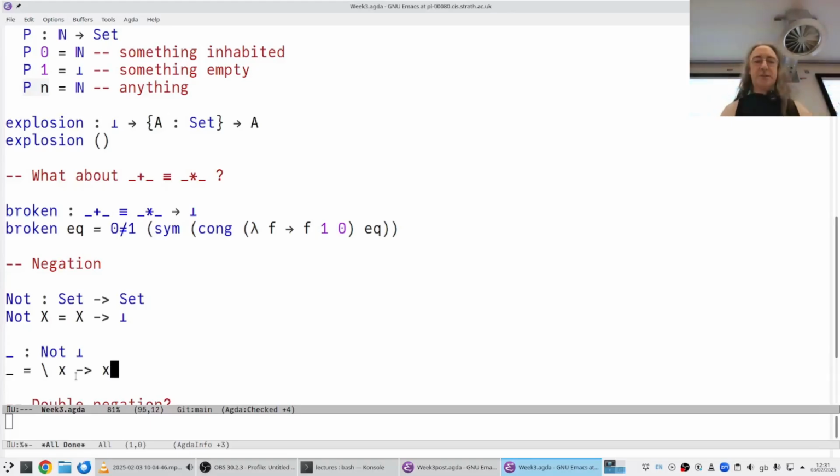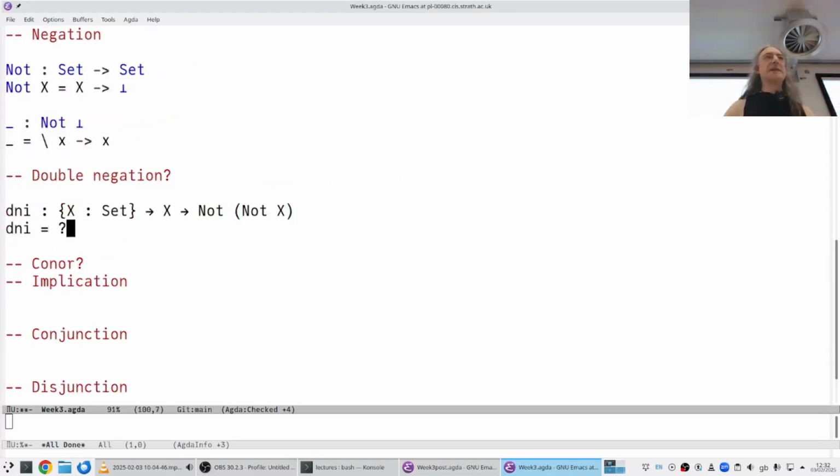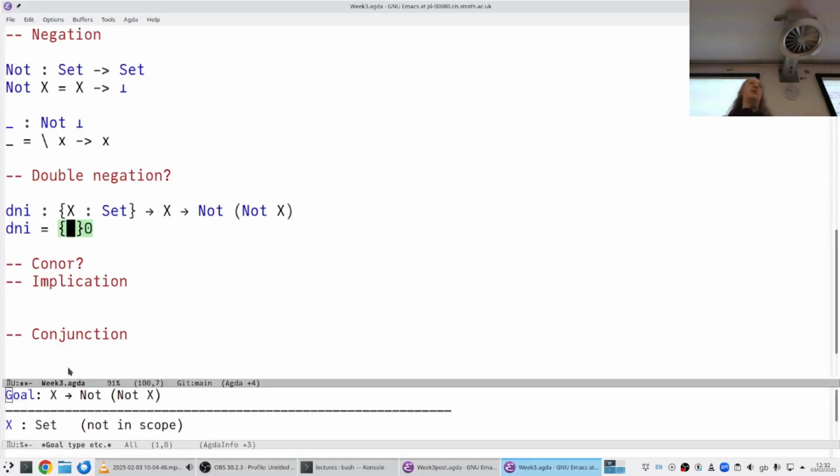It's also the case so let's have double negation introduction. If we've got some set X, and somebody gives us a value of that type, then we ought to be able to prove that not X is false. Does that seem reasonable? We really hope that if X is actually witnessable by some piece of evidence, that not X is not provable.